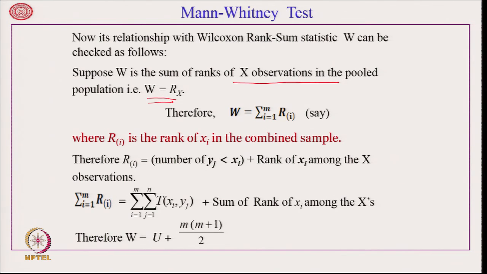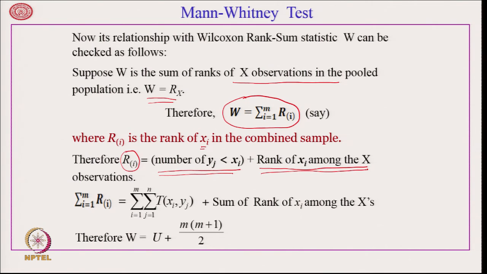So, we can write W is equal to the sum over i equal to 1 to m of R_i. This R_i denotes the rank of the ith x observation in the combined sample. What is R_i? That is the rank of the ith x sample. This is going to be the number of y_j that are less than x_i plus the rank of x_i among the